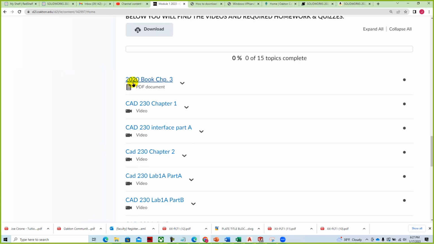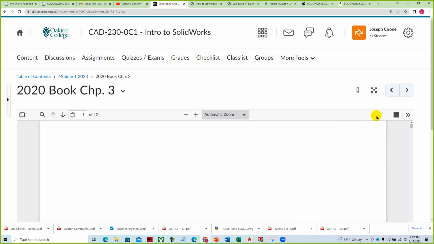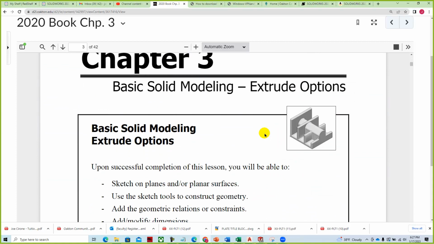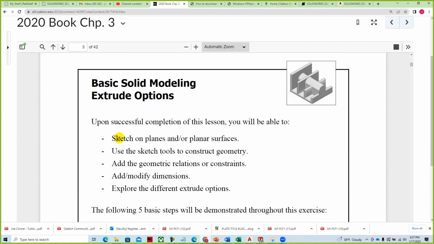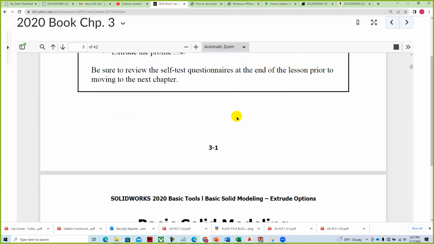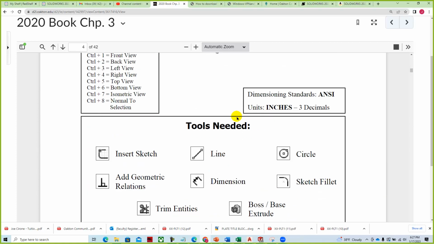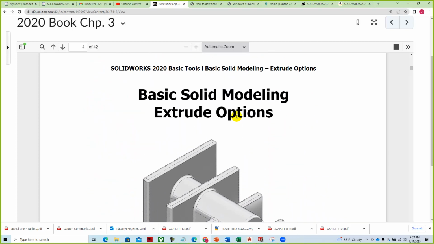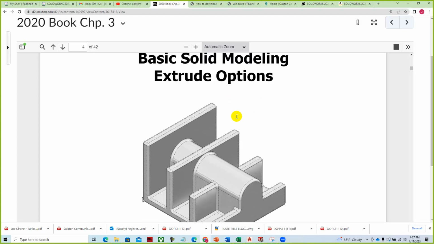We put in a copy of Chapter 3 for you so that, if you haven't gotten the textbook yet, you can get the assignment started. It's a little bit earlier, but the assignment's basically the same, where we'll go through and work on creating these different solid models and the steps to create those solid models. As we look at these exercises and the way that they are set up, we start off with